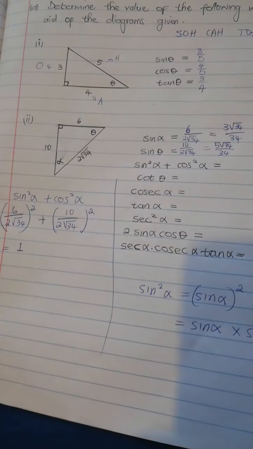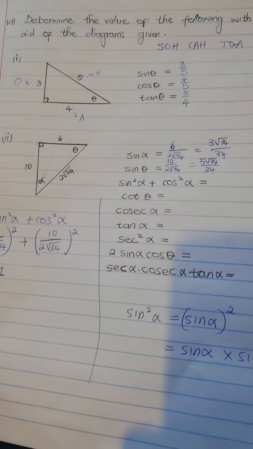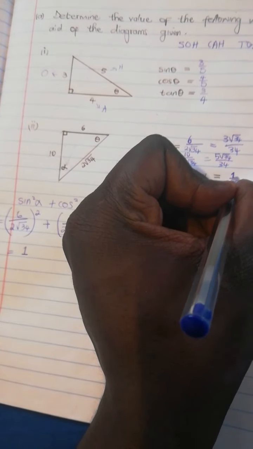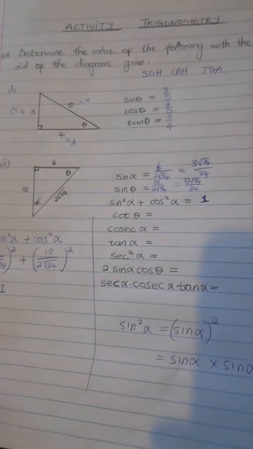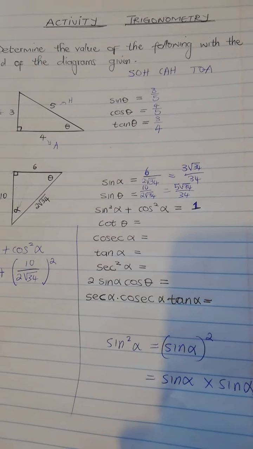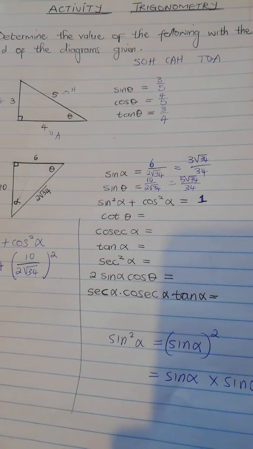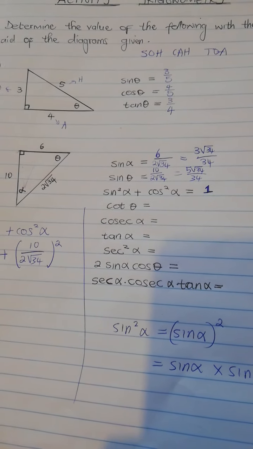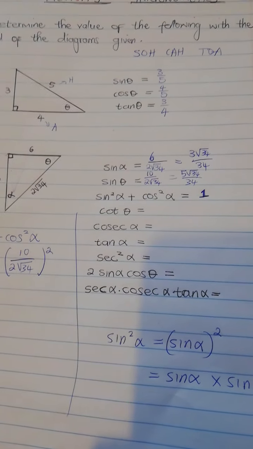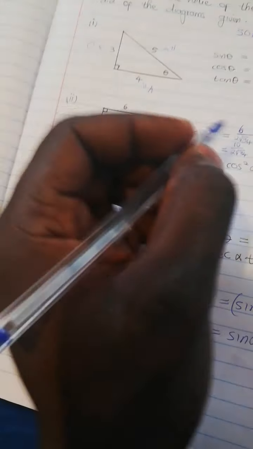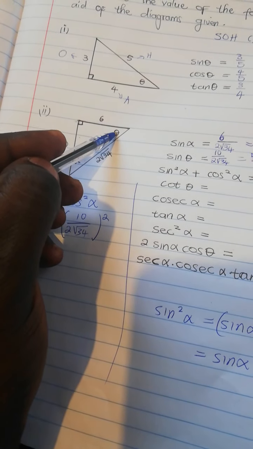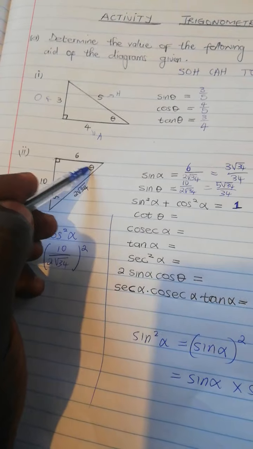Now this is a very special identity. In maths, under trigonometry, sine squared plus cos squared will always give you 1 if you are evaluating that from the same right-angled triangle, standing at the same angle that you are using as the angle of interest. So cot theta, remember, it's the reciprocal of tan,